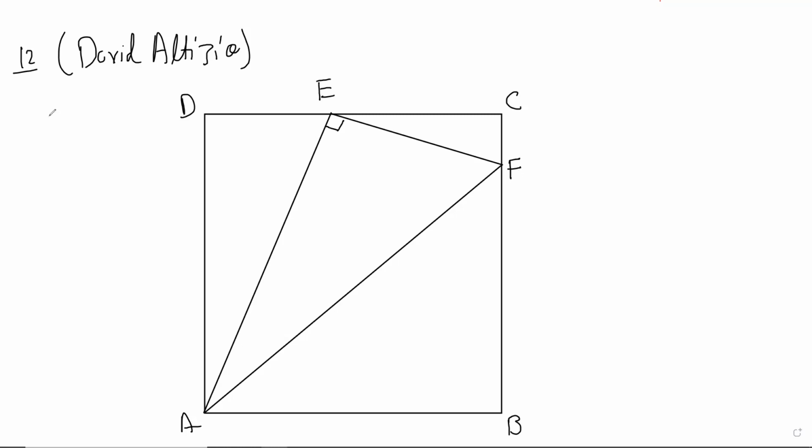So AE is 4 and EF is... so we have the standard 3, 4, 5 triangle. Yeah, you have to figure out the square. So we're going to go back and find the square. AB, area of AB. Yeah, just